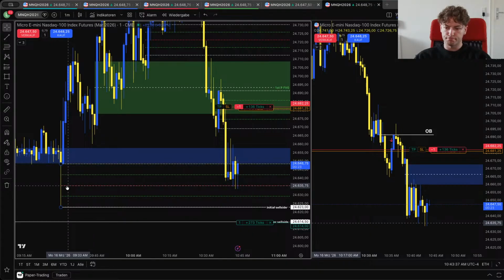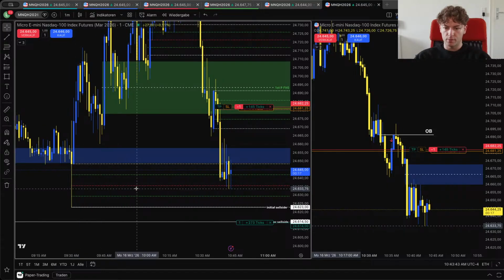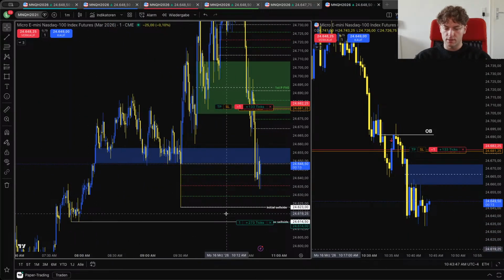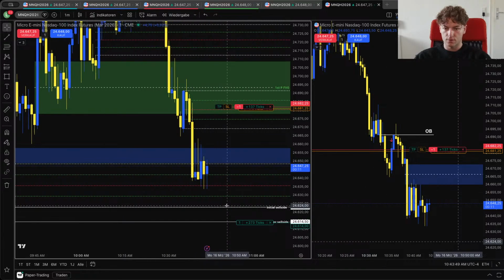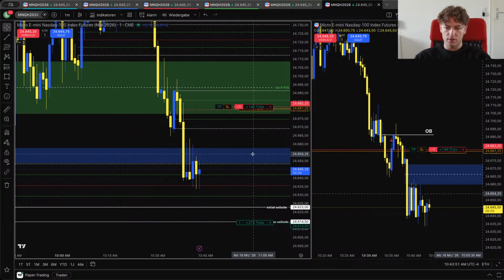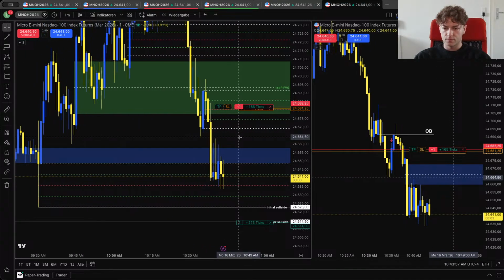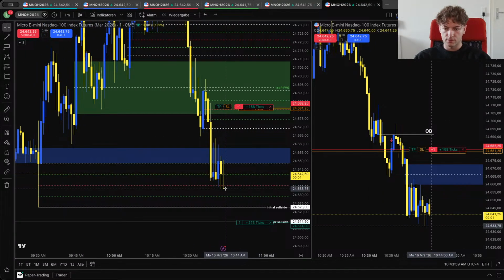a partial at this wick's midpoint here. We are not able to do so, and I want to hold for this sell side liquidity. So I mean, stop loss is at break even, below break even, so there's no risk. So I want to see price